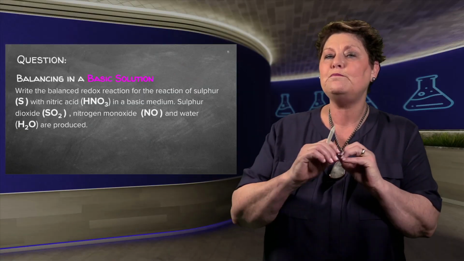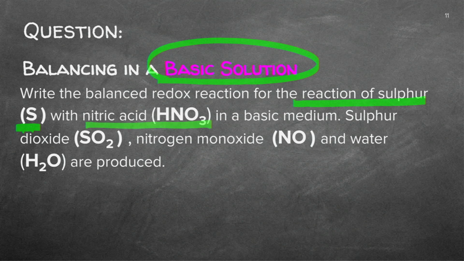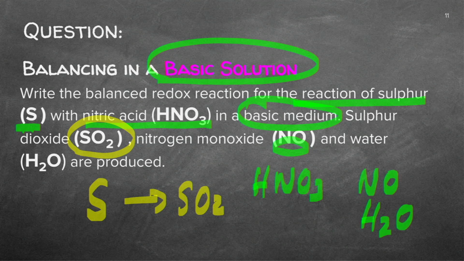Second question, basic solution. We added H+ in the previous one. Here we're going to be in a basic solution where they asked me to balance the reaction of sulfur, can you see there, nitric acid, and now in a basic medium. They tell me, you always have to see what they're giving you, the sulfur will form sulfur dioxide. Can you see you've got nitrogen gas that will form, can you see the products? Monoxide with nitrogen and H2O. So this is the reaction that you have to balance.